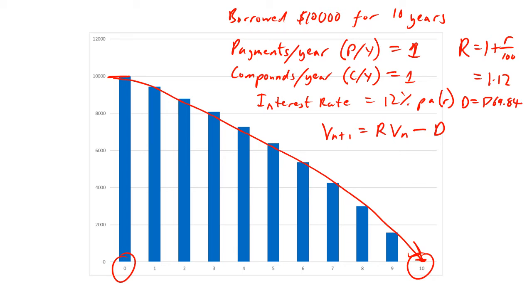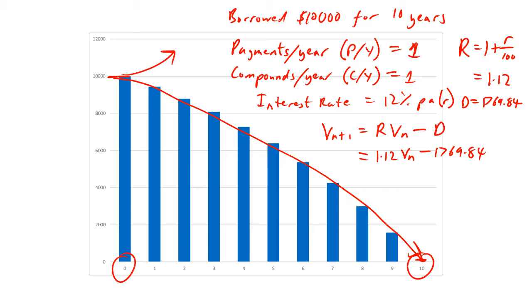Okay, so we can put those in there. So that's 1.12 times the previous term minus $1,769.84. And if you remember, the very first term, when we were doing formulas growing up, that the first amount